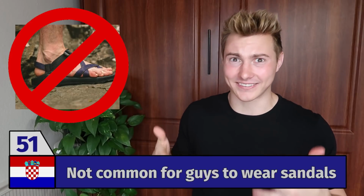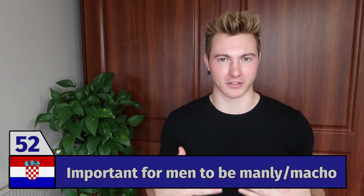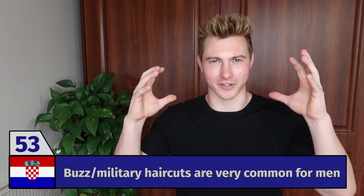I noticed all these people just kind of staring at my feet. I had no idea why, but I was talking to this Croatian guy and he was explaining to me that it's really important to be manly in Croatia. Men are supposed to be manly, so that's darker clothing. It's a very common haircut to have a buzz cut, some sort of military cut there. And sandals are not seen as that manly macho front that lots of guys try to put on in